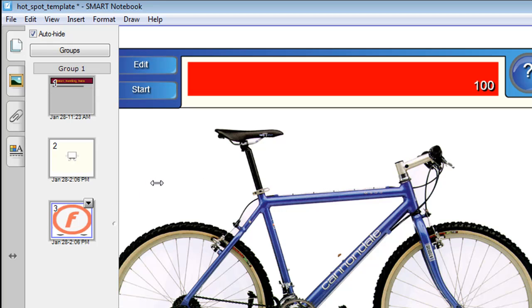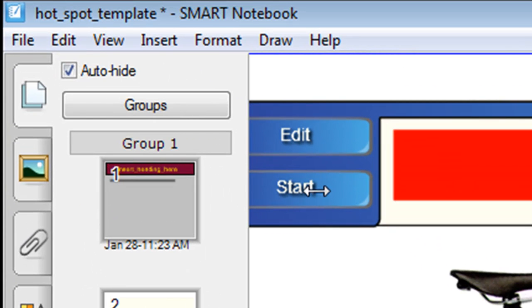Okay, let's show you what a hotspot activity is. Basically, the students will click on a slide, and it can be a picture of anything you like related to whatever subject you're teaching. If you're teaching biology, it could be a plant, for example, or a plant cell, and the students need to click on the different parts of the plant cell, and they'll be given points based on how far or how close to the correct part they are. Let's show you. We'll click on Start here,